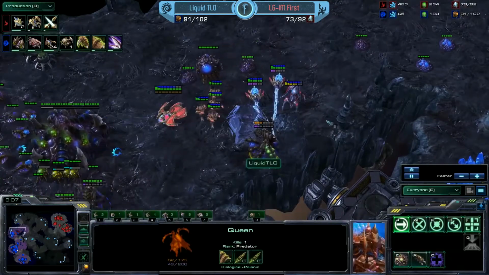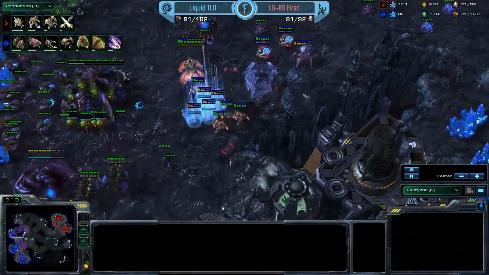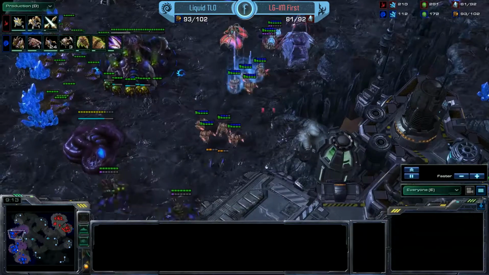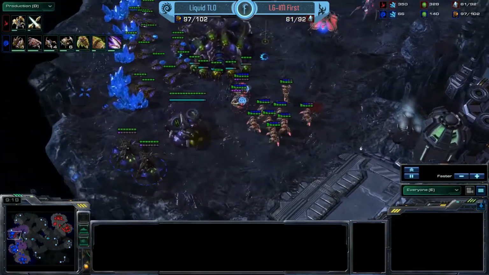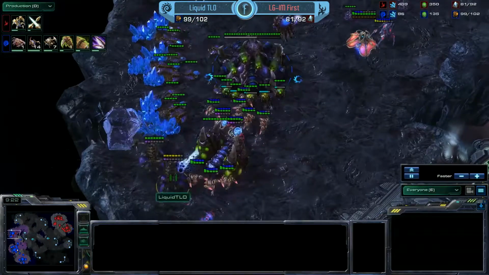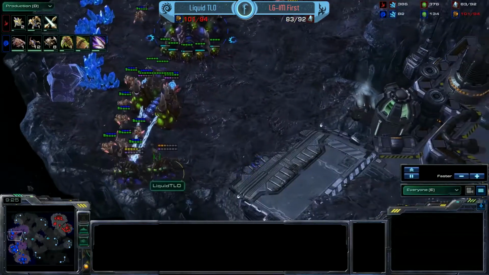Oh, that is a perfect force field. 1 force field to trap the Queen in there against that mountain thing. And now the Zealots are coming in. There's not many Lings out for TLO. We've got 6 Roaches on the way. Is he going to get some good force fields and pick off these Queens? I think both of these Queens are going to go down, which is...